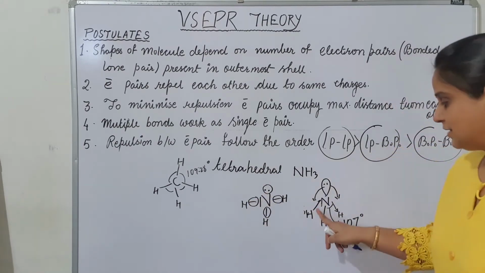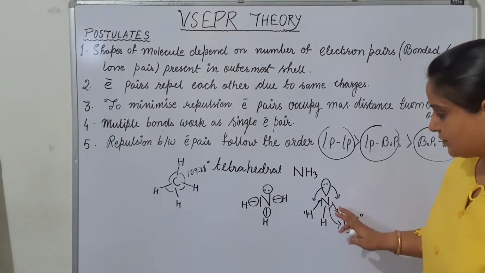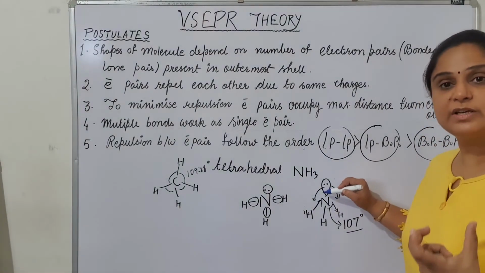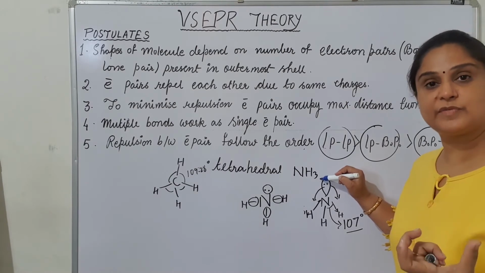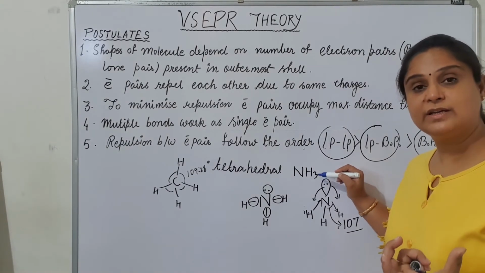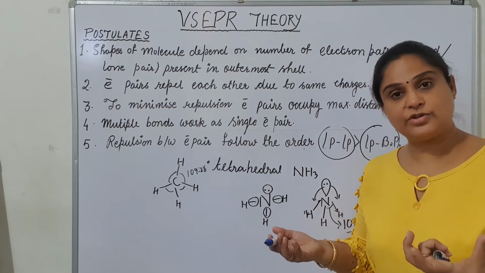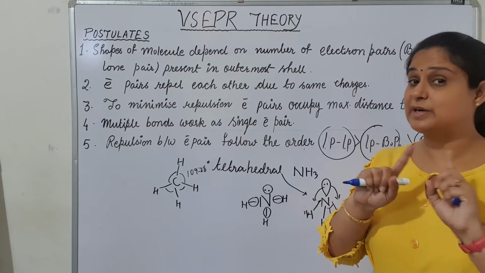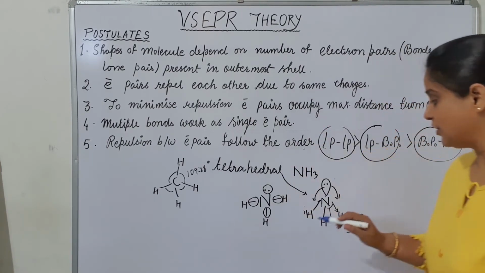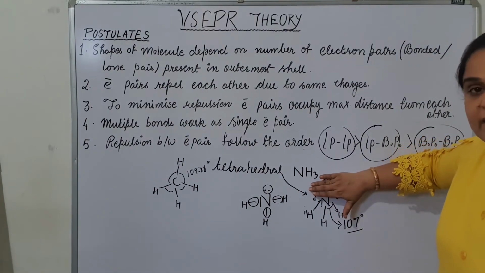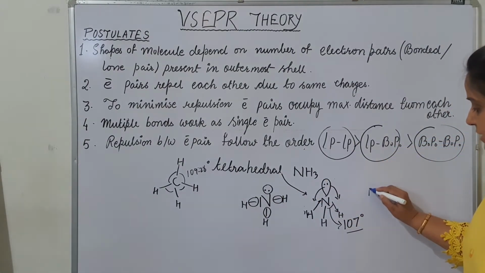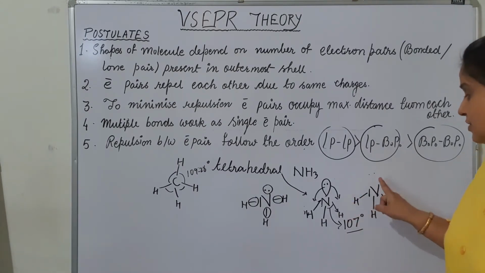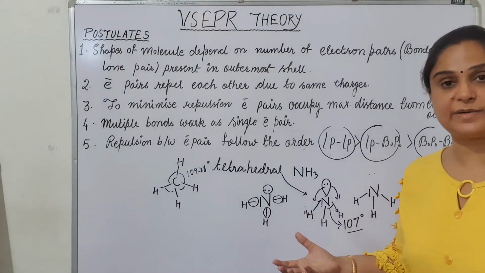What is happening there? These atoms are closer, and if you observe this structure, there is no atom, there is no nucleus here. So it is not contributing toward the shape of the molecule. This is a cloud, so it contributes only towards the geometry of the molecule. So the geometry will be tetrahedral obviously, but with a distorted angle, but the shape of the molecule will be decided only by the atoms which are connected with each other. So the shape you can see here is only N, H, H and H. This cloud is not going to contribute towards the structure of the atom, but it is part of the geometry.